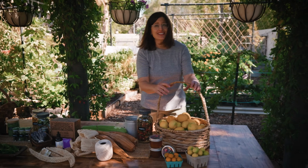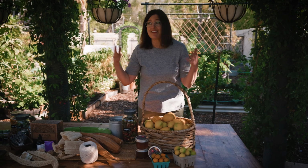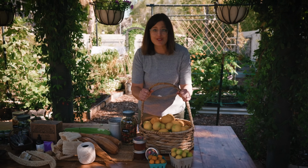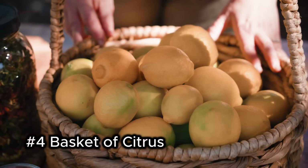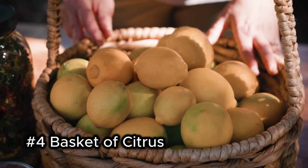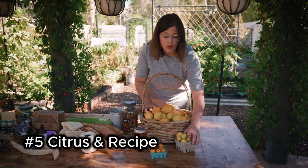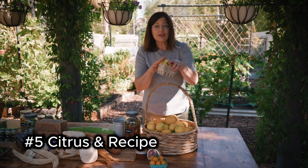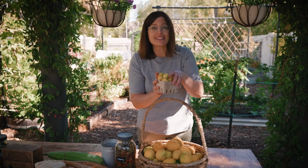Living in the heart of the citrus corridor, sometimes I think I take citrus for granted. I think that everyone has citrus trees all over their yard. But really, citrus makes an amazing gift. Whether you put it in a basket like this, so I've got lemons, limes, and calamondins, or even better, make these key limes into a key lime pie,